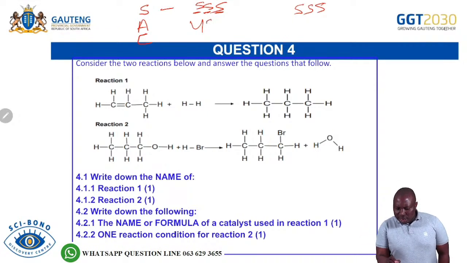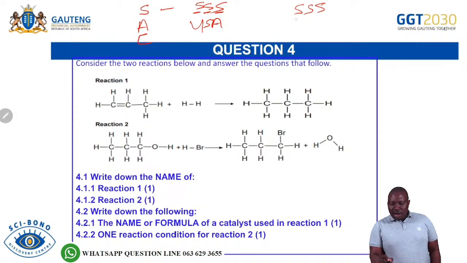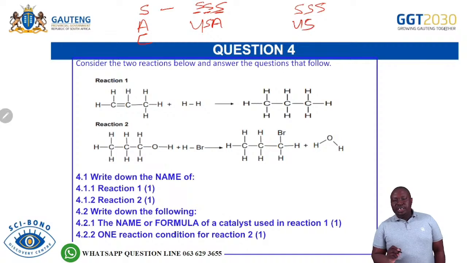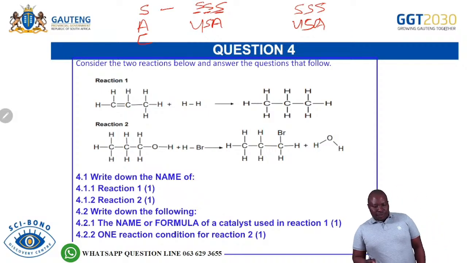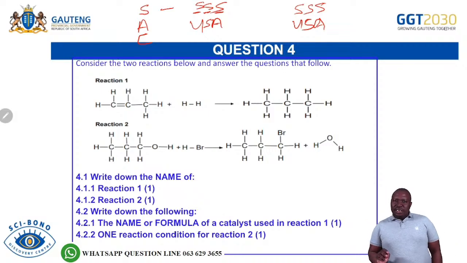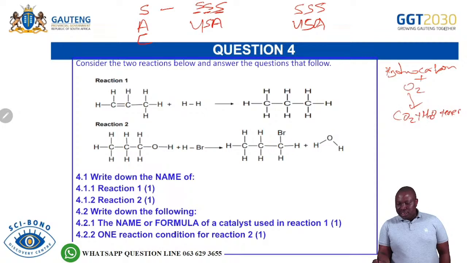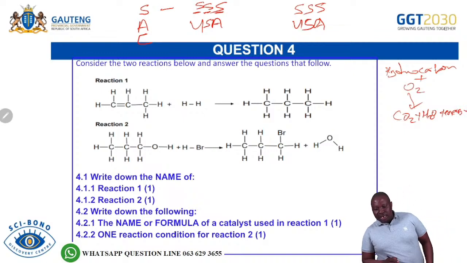So we say USA. We're saying you are having unsaturated hydrocarbon, which is a double bond in this case. And then if that forms saturated, the type of reaction is addition. So we're saying USA triple S. Now the last type of reaction that you are doing is combustion. For combustion, remember, you are having your hydrocarbons or your organic molecule. Hydrocarbons plus oxygen forming carbon dioxide plus water. Don't forget, energy is given off as well. So there are 3 products in real essence that are formed: carbon dioxide plus water, and energy.